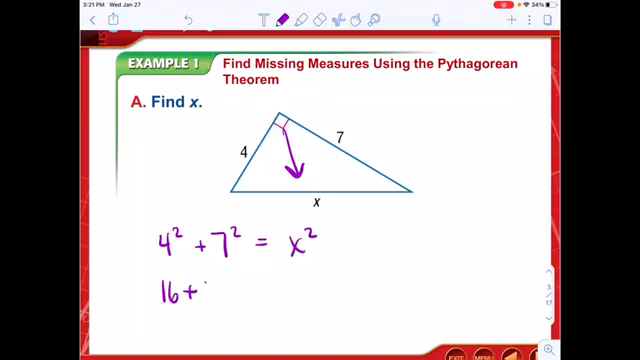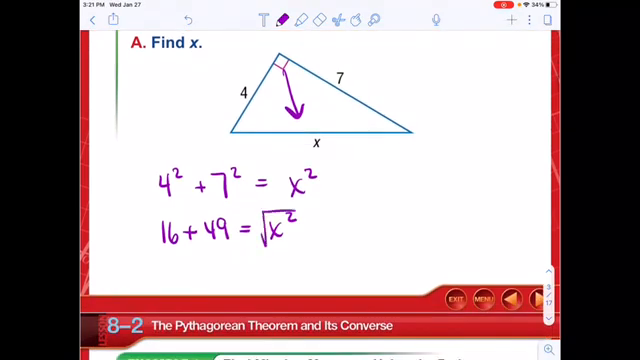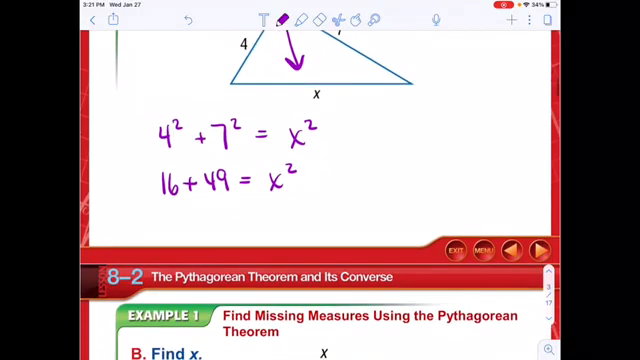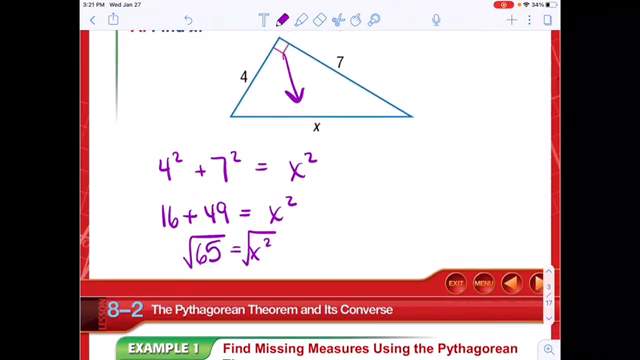So we have 16 plus 49 equals x squared. So we take the square root of this. Actually, I should probably add first, huh? 16 plus 49 is equal to 65. And now we take the square root of that. And yes, we can go ahead and find this as a decimal, which is about 8.06, or we can go ahead and see if there are any